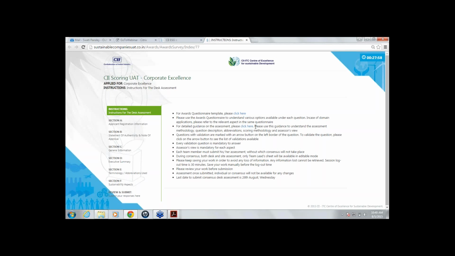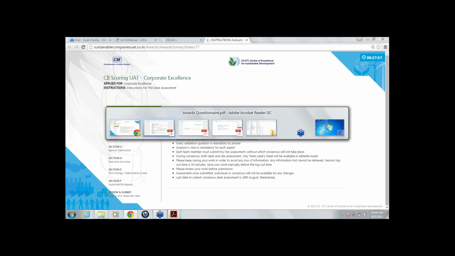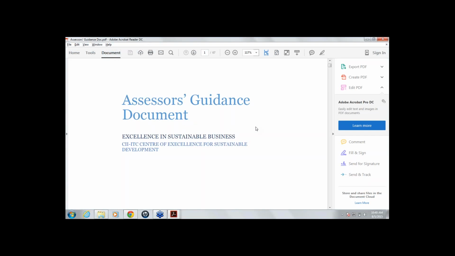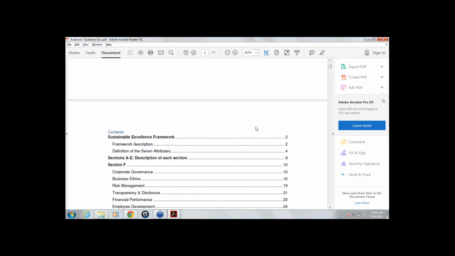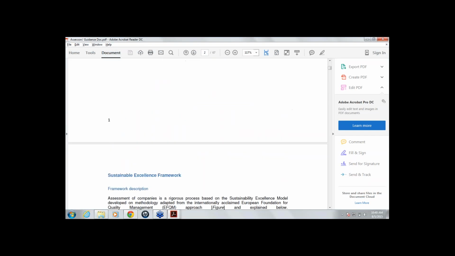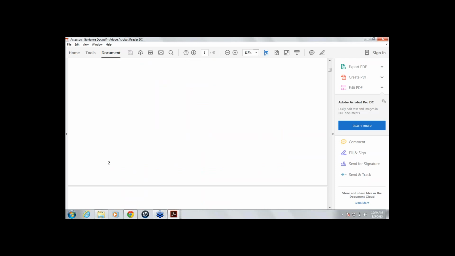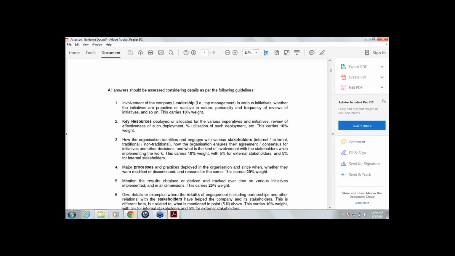Once you click on this link, you will again be given a PDF document which looks like this, the assessor's guidance document. It starts with the guidance on the assessment, what is the basis of the sustainability excellence framework. You can go through that. Then what are the attribute definitions?